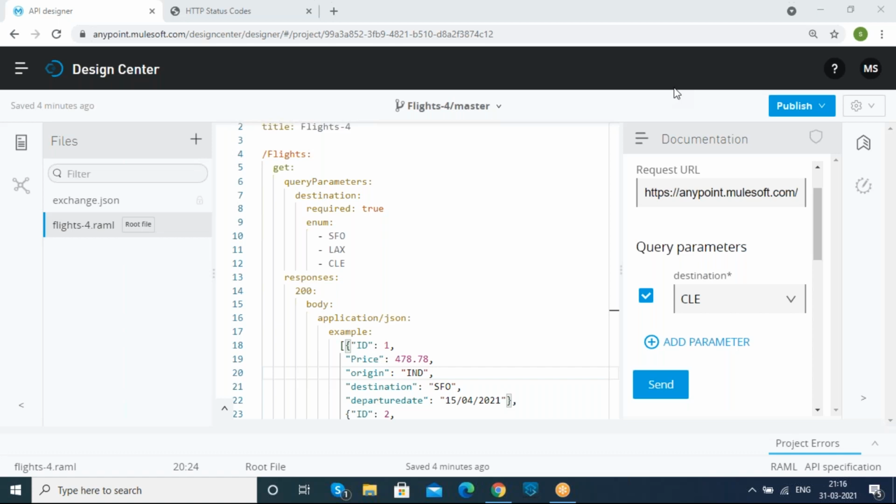Ram, are you designing it now? Hello. You said that you will be designing it offline, right? Yeah, my side, yeah, I said that.